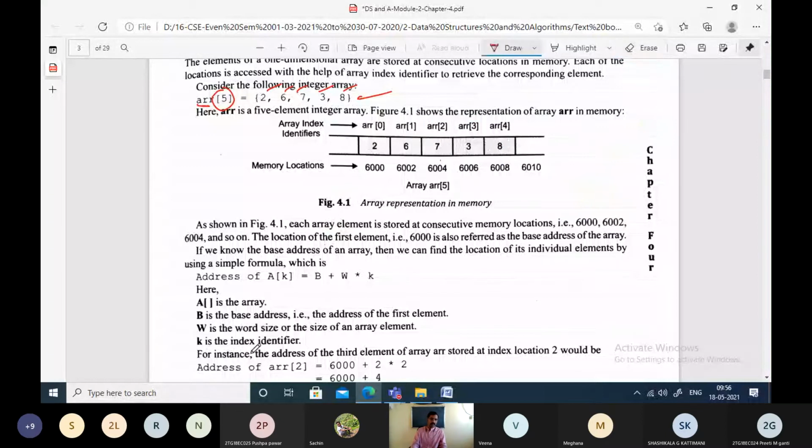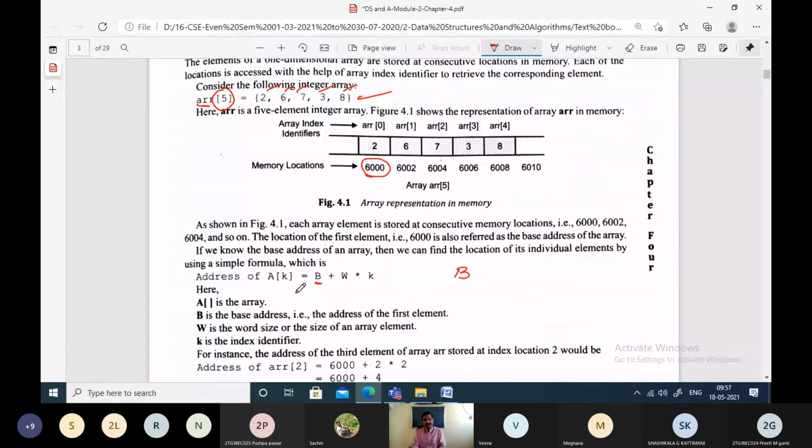So the simple formula for accessing each and every element here is B, called the base address of the entire array, that is fixed, plus W times k. W is the width, or the word size, or the size taken by one integer.